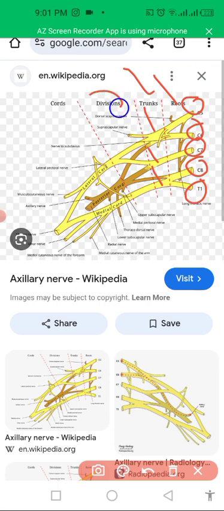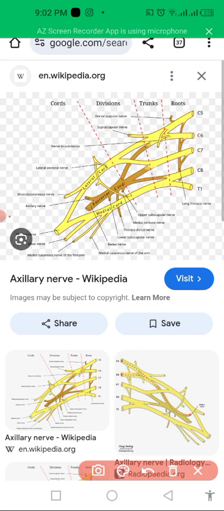Then comes division, that is anterior division and posterior division, and then finally come cords, that are different cords like lateral cord, posterior cord, and medial cord. Now, what happens is that different nerves arise from different parts of the brachial plexus, like the axillary nerve arises from the posterior